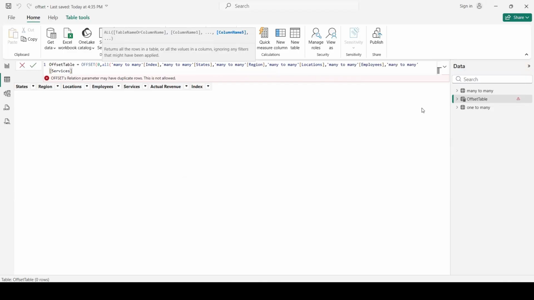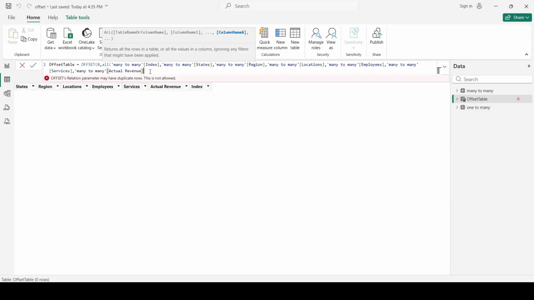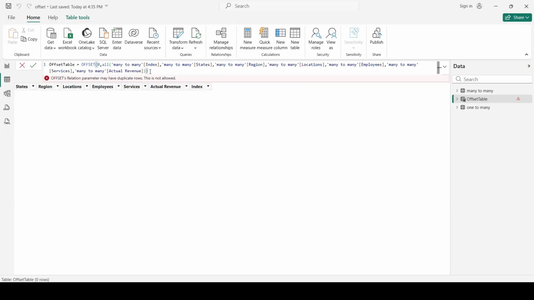Services, and eventually actual revenue, right? And now if we close parentheses, we will just get the whole table, with the columns ordered as we have chosen here.